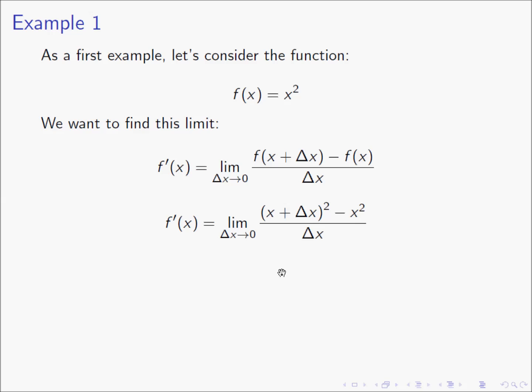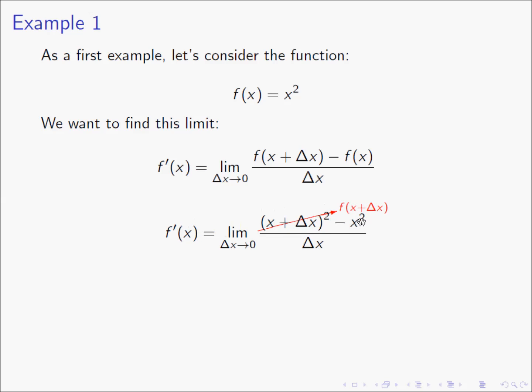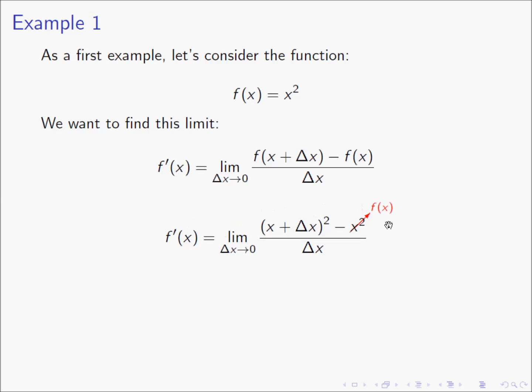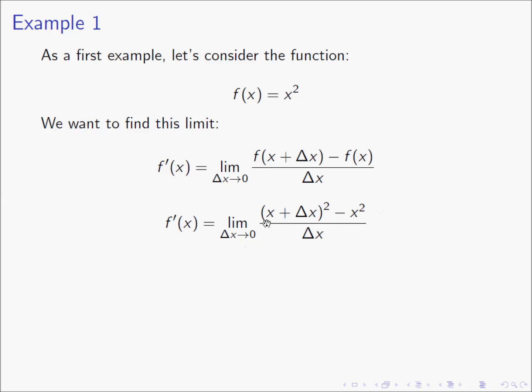And now, only after you have written this equation, it is only an exercise in solving limits. So you can use all your skills for solving limits. In this case, the only thing we can do is to expand this term here. This will be x squared plus 2 times x times delta x plus delta x squared. And then we have minus x squared. Here these two x squared cancel,